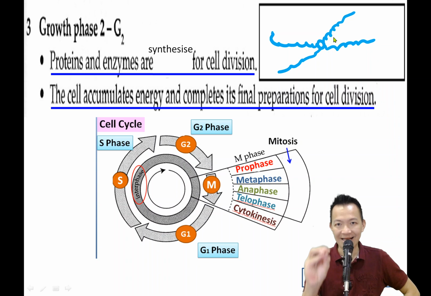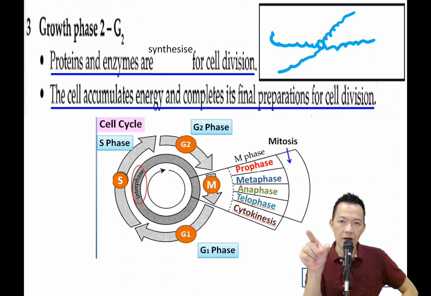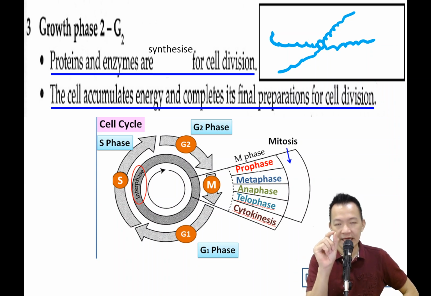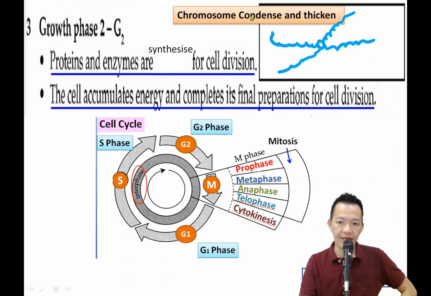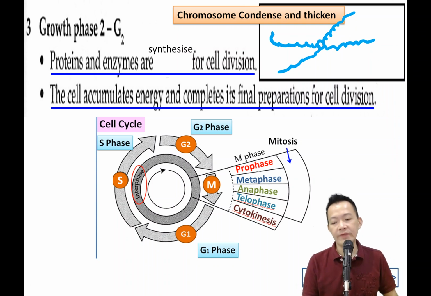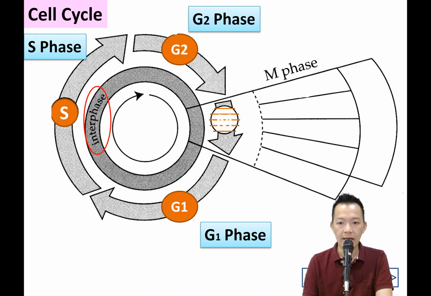The chromosome will become darker under the microscope. 它会变成比较黑了 and become shorter, 变成比较短 and become condensed. Condensed means it becomes denser. 它比较密度高了，黑黑了。So chromosome condenses and thickens. 它变成密度更高，黑黑 and thicken 越来越厚，越来越短，越来越肥去了。So this is G2. So after the G2, what happens? The cell, everything is ready. The energy, the protein, enzymes, everything will be ready. 全部要用到的东西呢，都准备就绪。